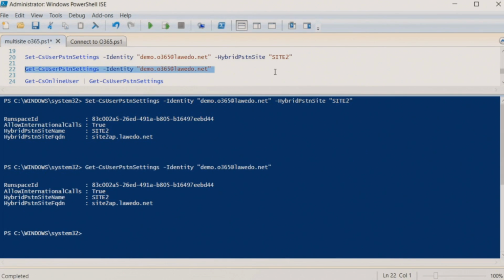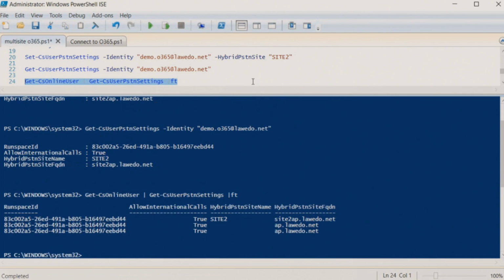I can get one user, or I can get all of them. Get CS online user. Now what you'll see is that if you run a get online user, as I do, and I've only assigned one site to one user, why do the other users have a site assigned to them?